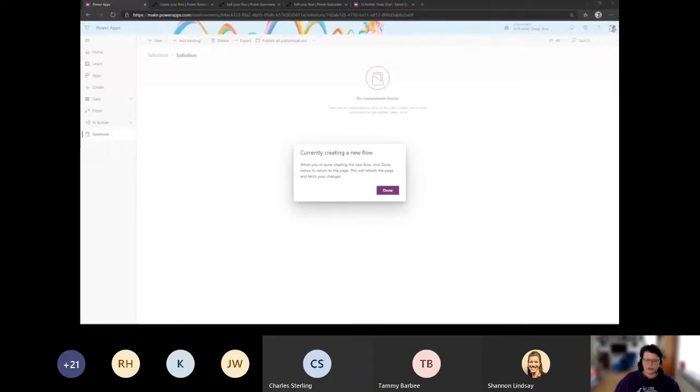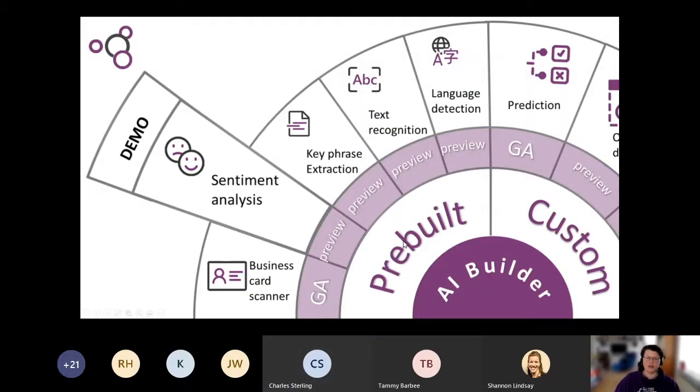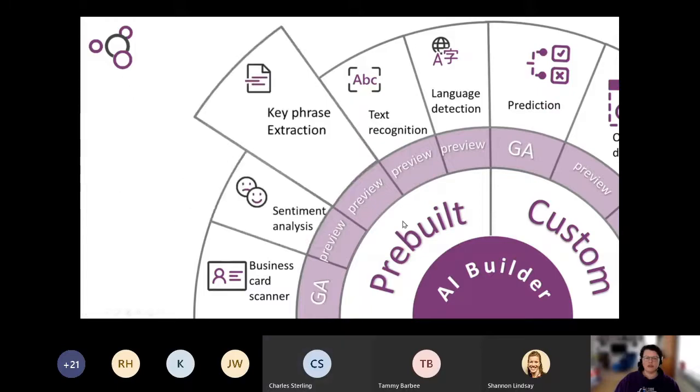So this was one of the models that you can use. Another model that we have available is the key phrase extraction. The application is very similar. You can leverage it from within Power Automate directly. The difference is that this model extracts the main points from text. So instead of having the sentiment, you get short abbreviations of what can be found in the text that you give to the model.